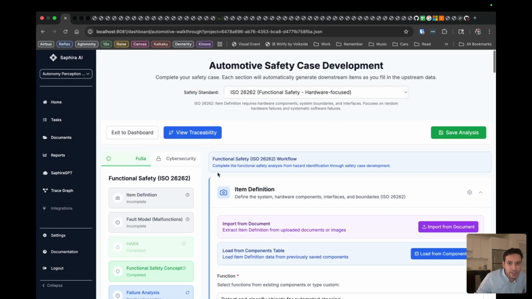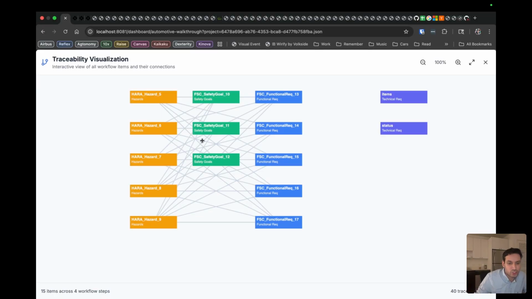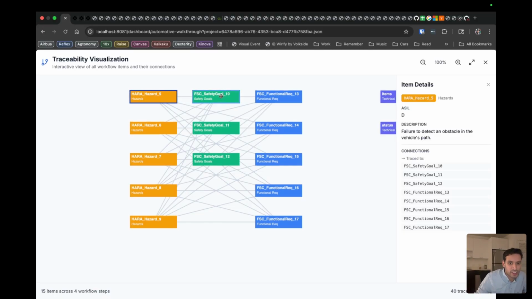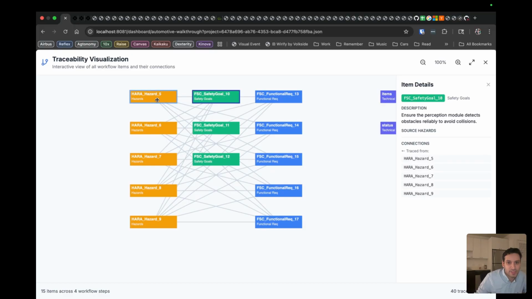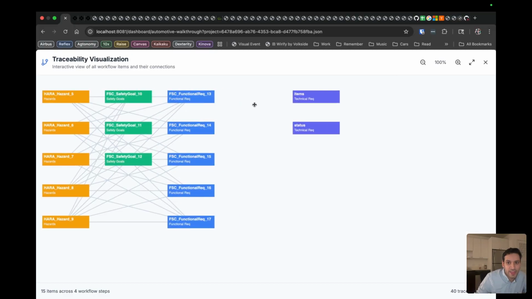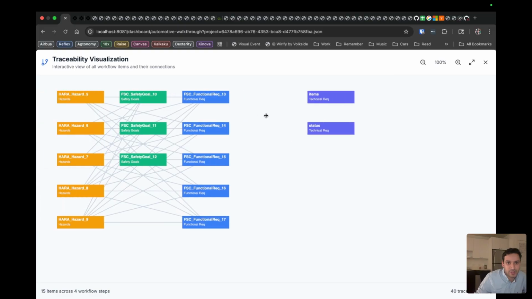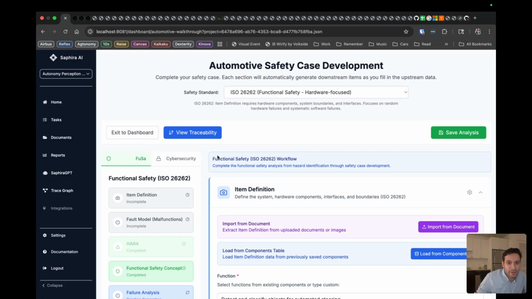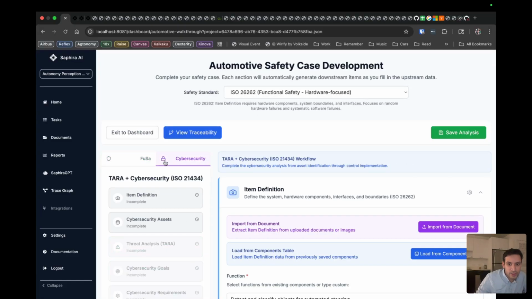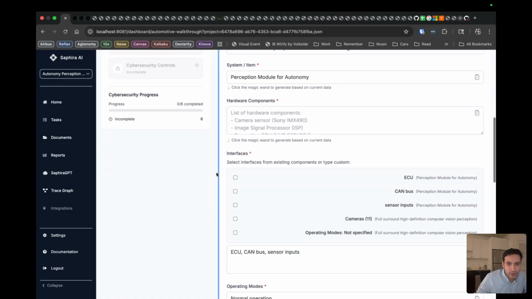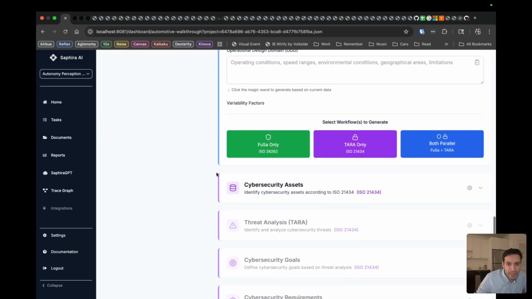Now let's actually view the full traceability matrix, and then we'll generate something more. So you can view the trace between a given FSC and some HARAs, and then some items in terms of technical requirements down below. You can edit that right here. And you can do things like, for example, come back to any of the items in